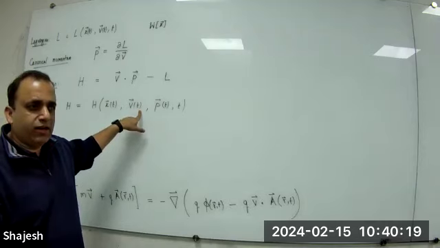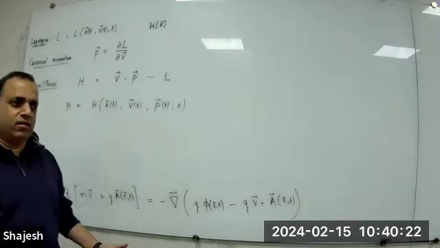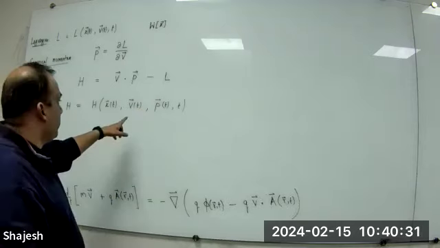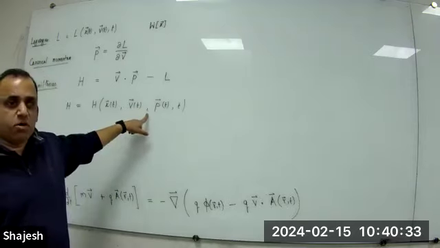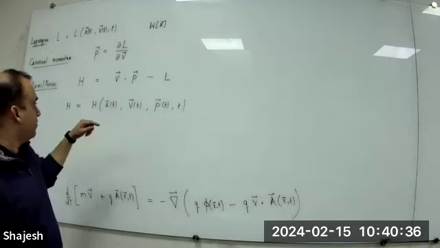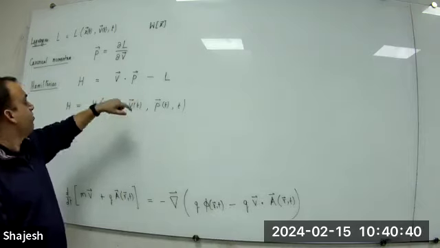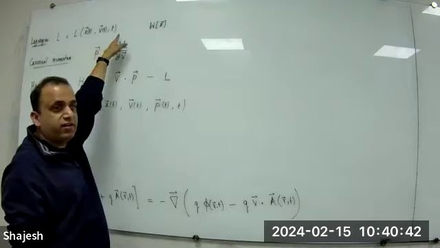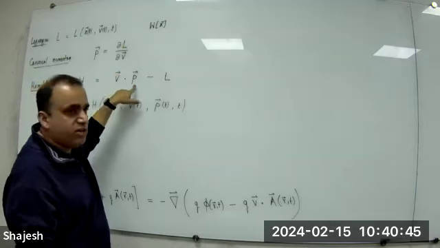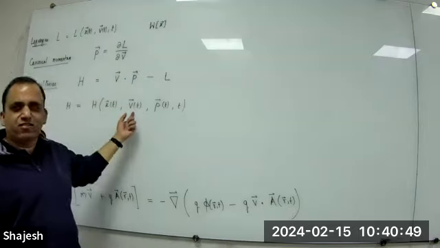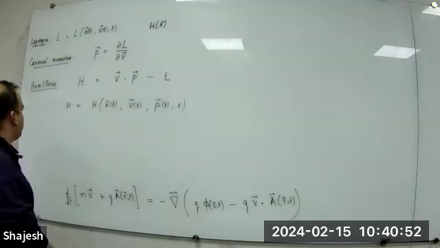How will you check it? If I say a function does not have a variable in it, how will you check that? Derivative, right? If you take the derivative with respect to that variable, it should come out 0. Okay, so the claim is that the Hamiltonian in general, the way I have defined it, seems like L has X and V in it. Then there is a P introduced in it. So there is a V, so there should be a V dependence in here. It's expected. But let's calculate this.